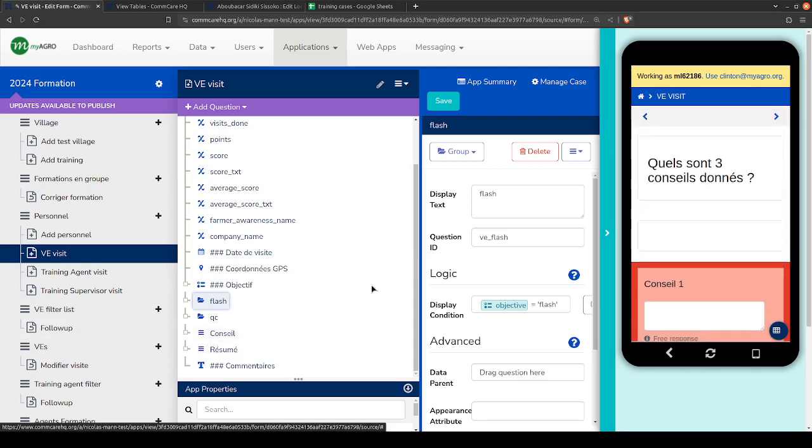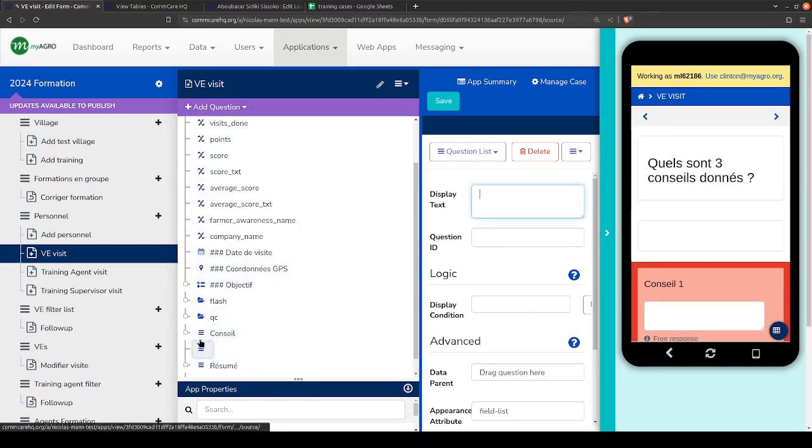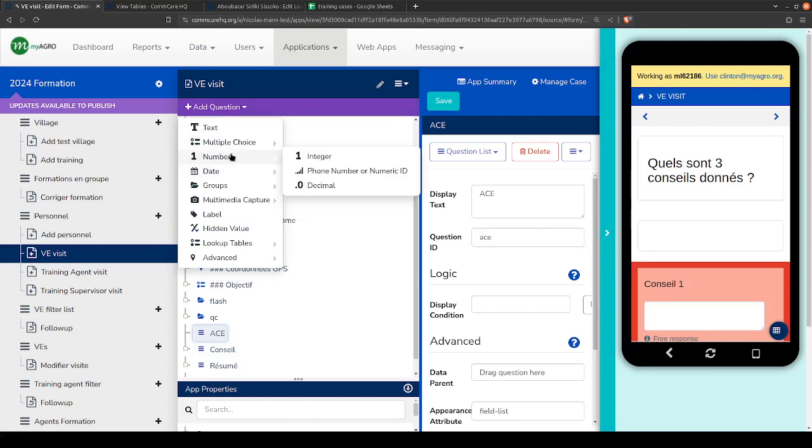So we could just add another question list here. Let's put it before conseil. And we'll call this, I think this concept is called the RAS. Yes, exactly. Or I guess only us. We're not talking about results. And then